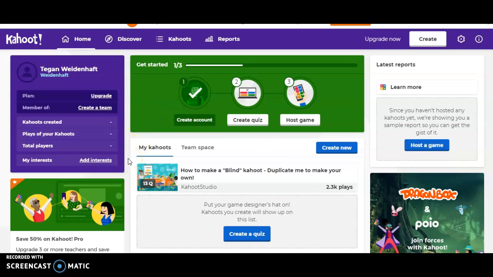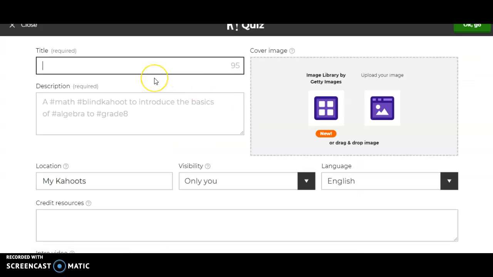So I'll show you a little bit about how Kahoot works. This is the home page, this is what it looks like when you log in, and you can go on and create your own quiz. So I will show you how to do that. Well, I can't really do it because I don't have actual students, but I can show you what it would look like. So let's say this quiz is about colors,